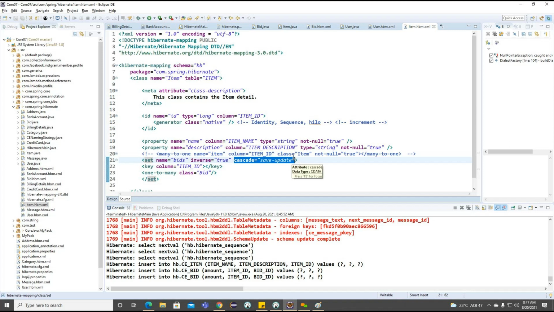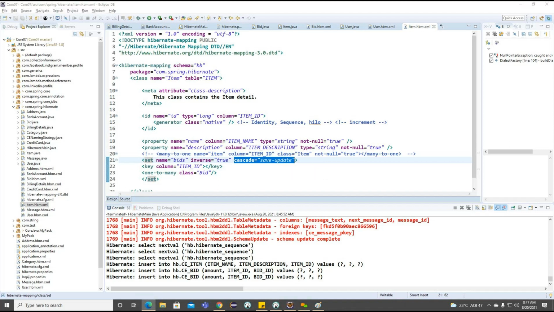Right, because the cascade we are working with here is save hyphen update. But whenever we make cascade all, all the operations like insertion, updation, deletion, all the operations are going to work in both tables here. Getting the point? So this is very important.